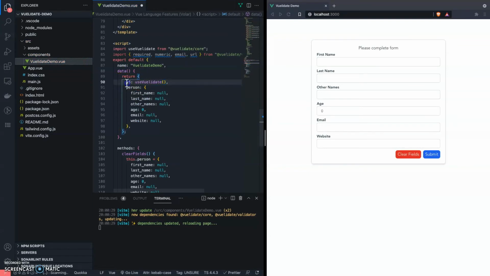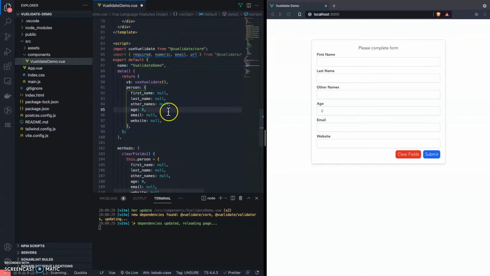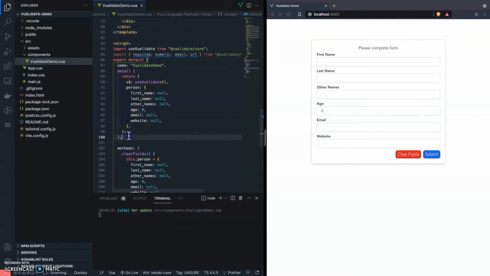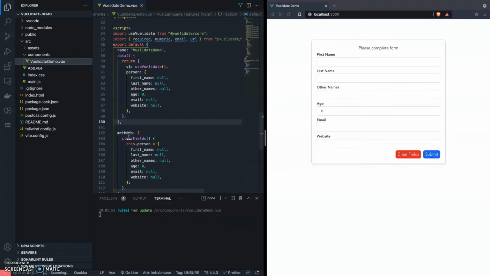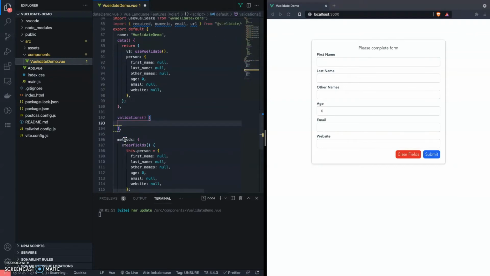You can call this anything else, but I guess V $ actually would be nice, and you would see why. Yeah, so you would be bringing in Vuelidate, and the next and the most important thing as far as the validators are concerned is to provide a validations function here as part of the Vue.js setup. Now this doesn't work with the normal Vue.js projects, but with Vuelidate you have to define your validations here, and